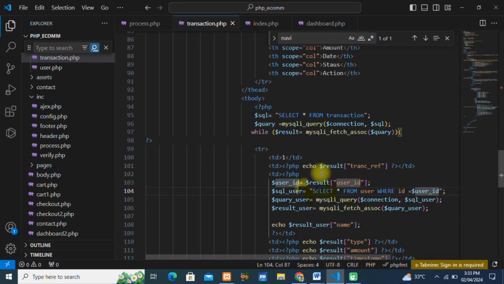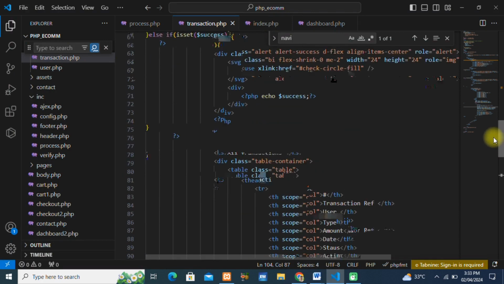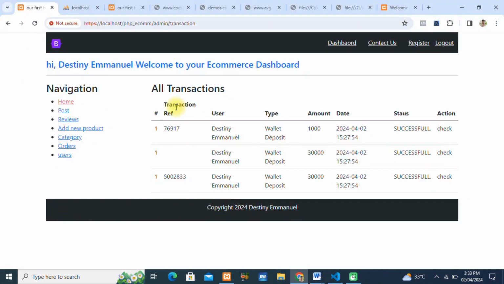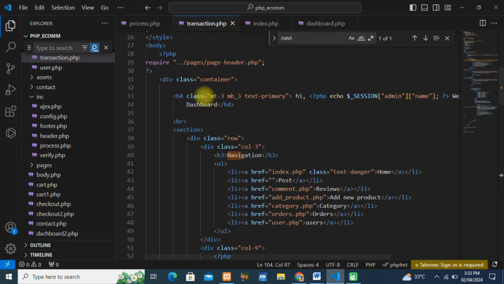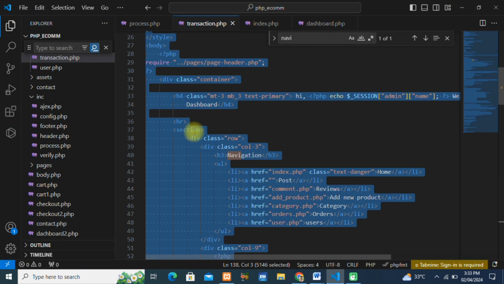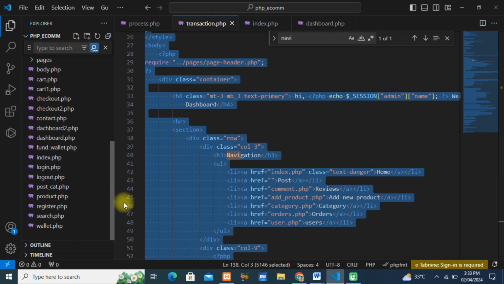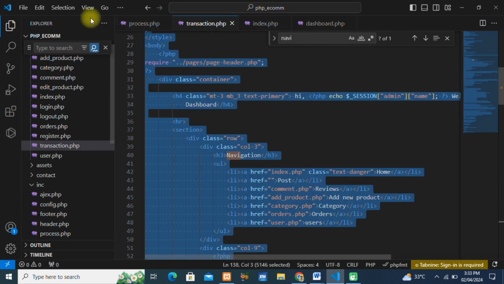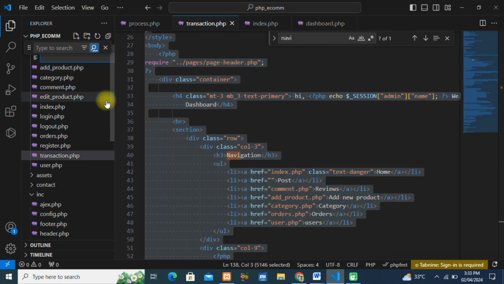Okay, so we're going to be copying these codes and placing it for the user, because right now it's only the admin that can see the transaction. The user cannot view transactions now. So we're just going to copy all of these codes, then we go to the user section. This is the user section. Then we just create a new page here and call it